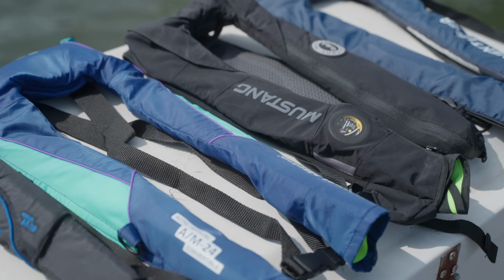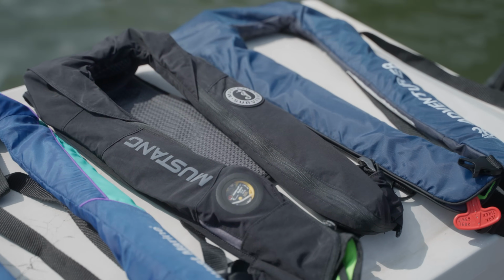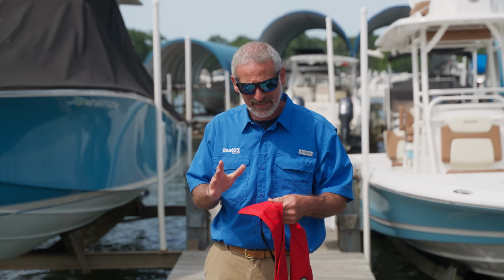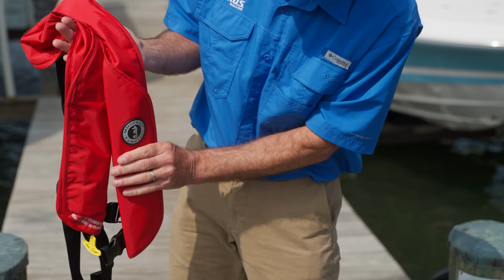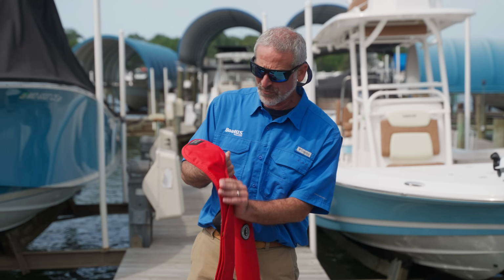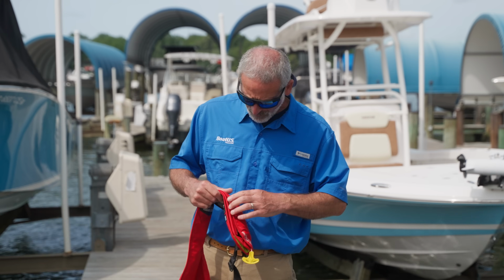Now, of course, every manufacturer is a little different, so you want to make sure you read the owner's manual for yours and follow the directions to a T. That said, let's go through the basic process. First off, give it a basic visual inspection, make sure there are no tears or fraying, make sure the straps are in good shape. Then I'm going to open the life jacket up